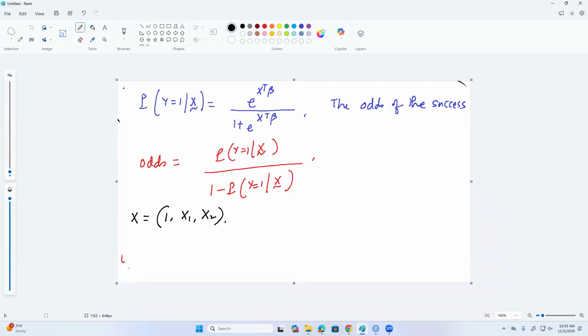Then let's calculate odds of the success. So when x equal to 1, x1, x2,